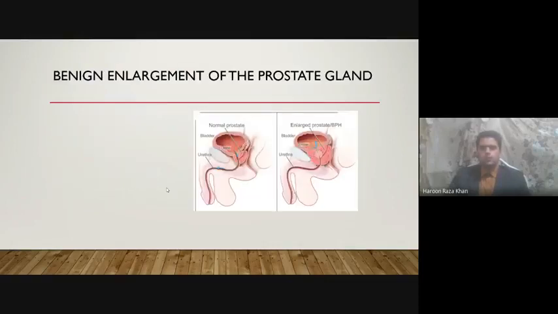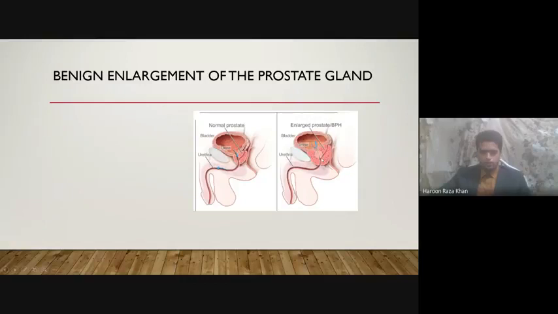Now, class, we will briefly talk about benign enlargement of the prostate gland. This is in your course. So this is the normal prostate gland. As you can see, it is closely related to your urinary function. This prostate usually has a role of increasing the volume of your semen, and it is commonly affected by